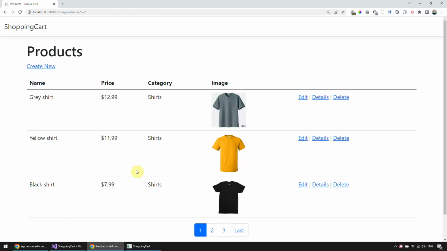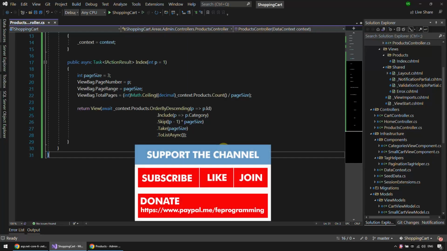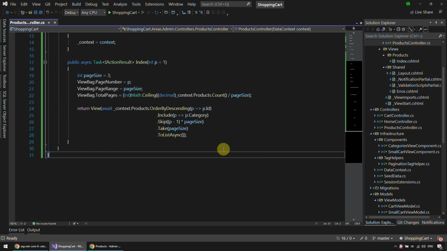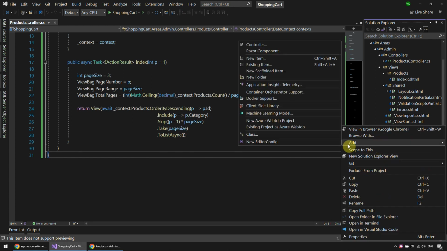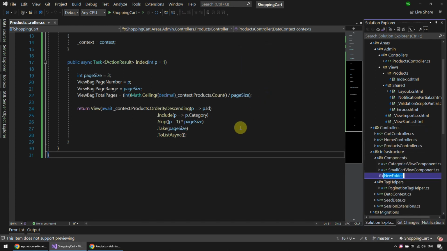And great. I want to add product functionality, but when adding products, I want to be able to upload images as well, and I want to validate those images. So for that, I'm gonna create some custom validation. Okay, so in the infrastructure folder, right click and add a new folder and call it validation,